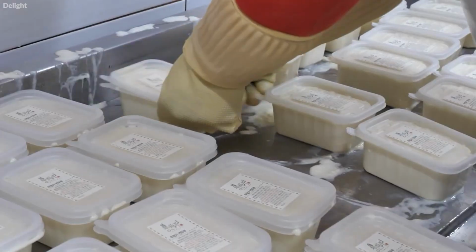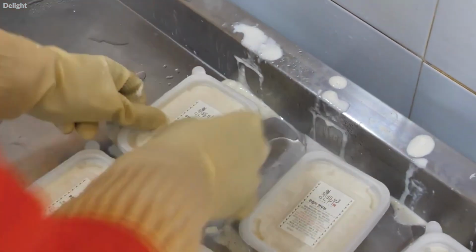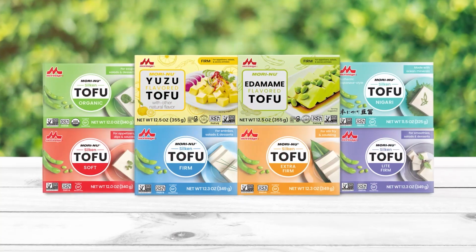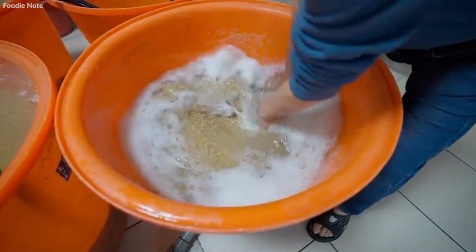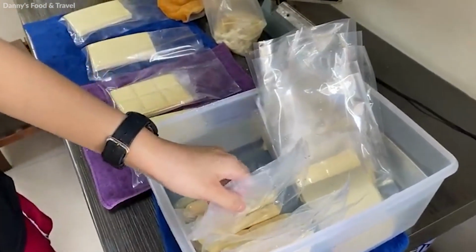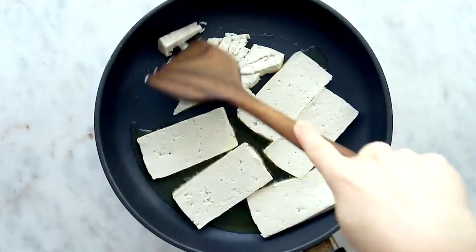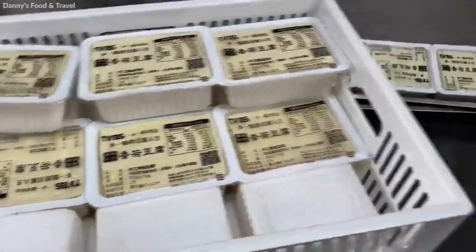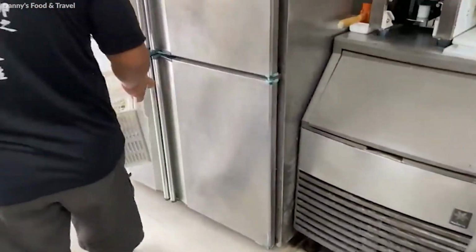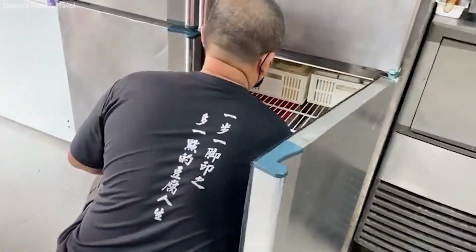In terms of packaging, tofu requires careful handling to preserve its texture and moisture content. It's typically packed in aseptic containers, often with some water to keep it hydrated. The packaging is designed to protect the tofu from physical damage and contamination, ensuring it reaches the consumer in optimal condition. Once packaged, the tofu is stored in refrigerated facilities, maintaining a temperature that keeps the product fresh while extending